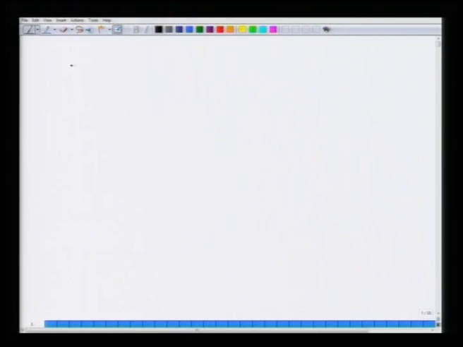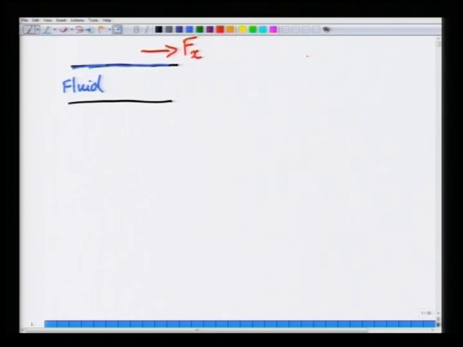we said that suppose you take two plates and place a fluid layer in between them. So, this is the layer, this is fluid in between, and suppose you exert a force F x on the top plate. Okay. So, the top plate itself, if you recall, is a plate that is extending in the z direction,